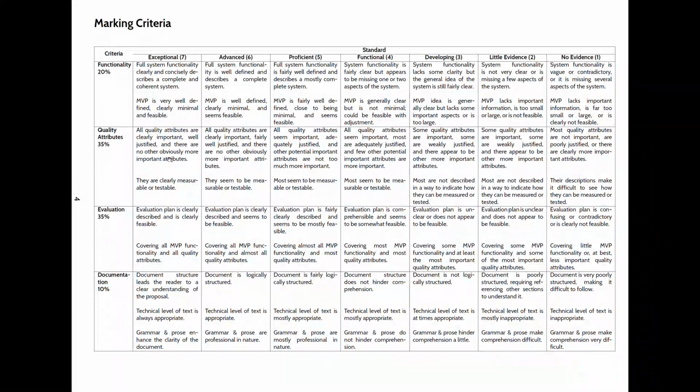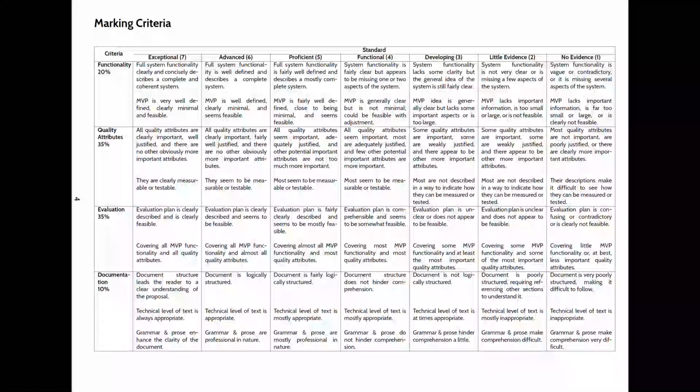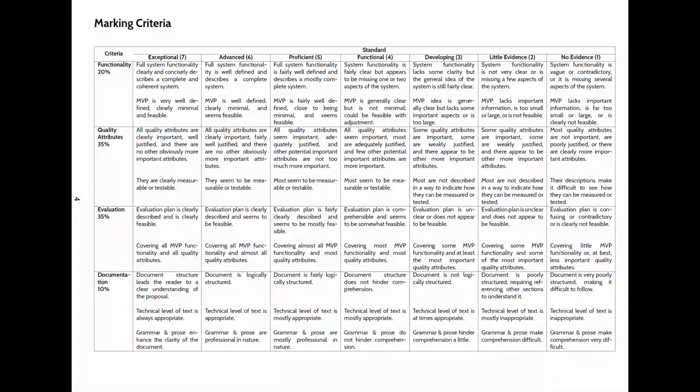You need to have identified what are appropriate quality attributes, and you need to justify why they are important, and you need to state them in a way that is clearly testable and/or measurable, so that you can actually evaluate those quality attributes and whether they have been delivered. And then you need to have an evaluation plan which clearly describes how you're going to evaluate that the MVP demonstrates that you have actually delivered all those quality attributes, and it's got to be feasible to